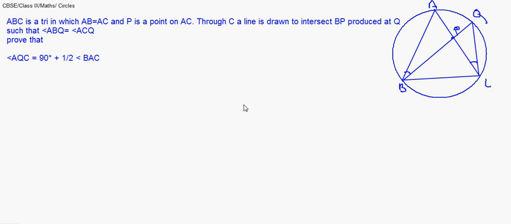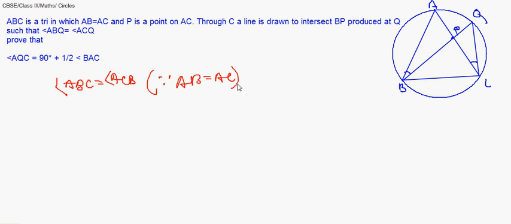Look at the triangle. If we say ABQ is equal to ACQ, that makes A, B, C, Q concyclic points, and AB is given equal to AC. In that case, angle ABC is equal to angle ACB, since AB is given equal to AC.